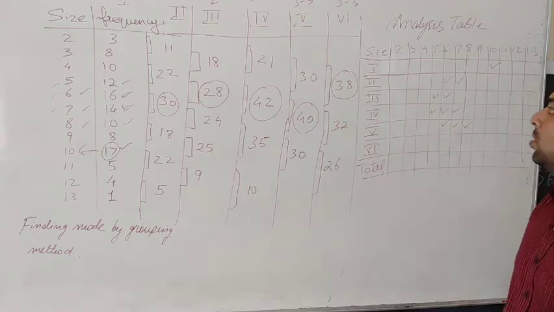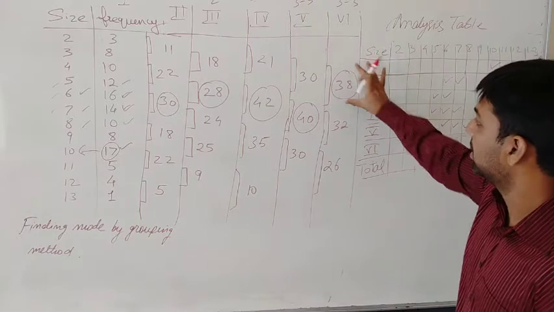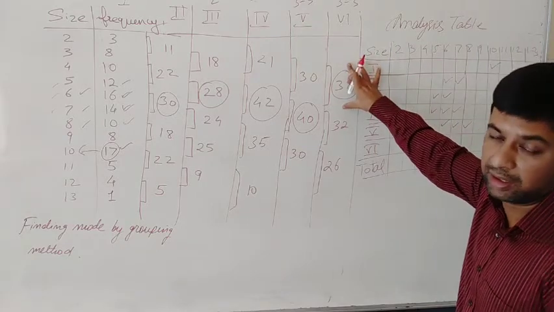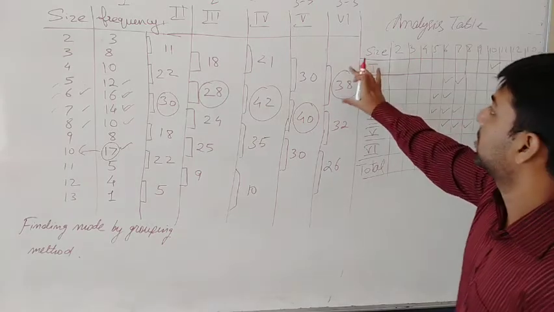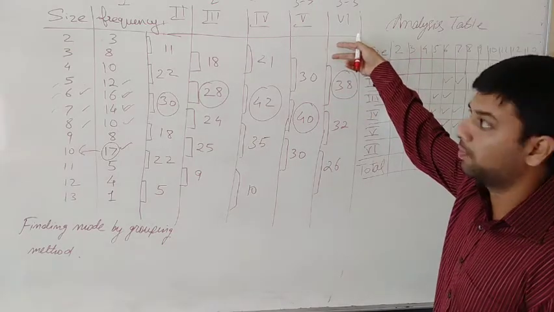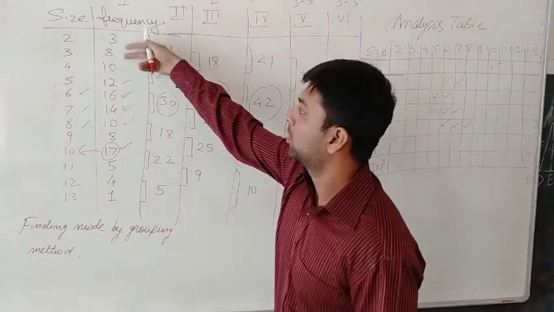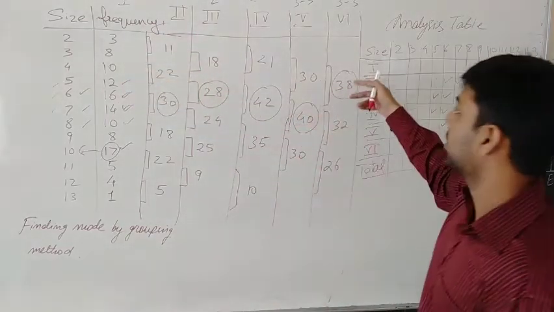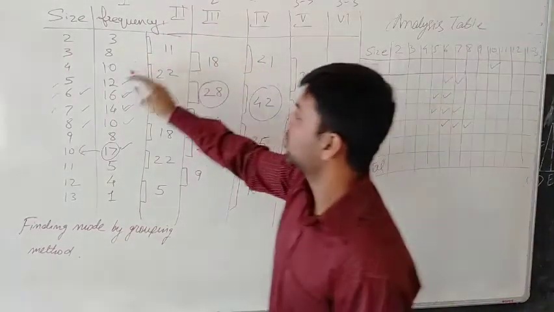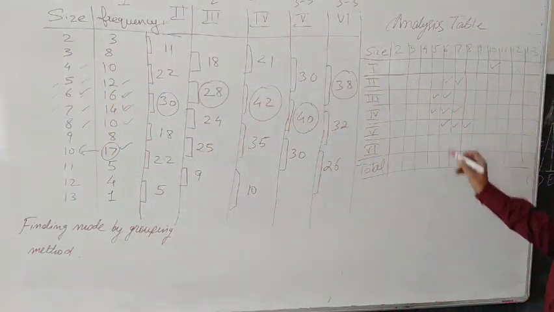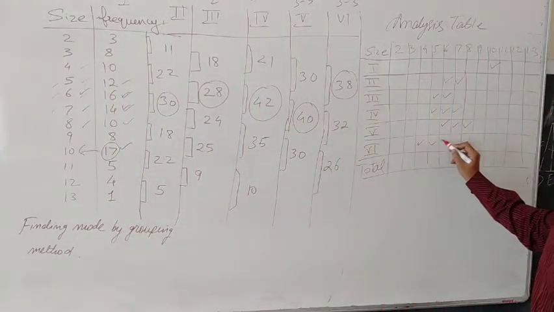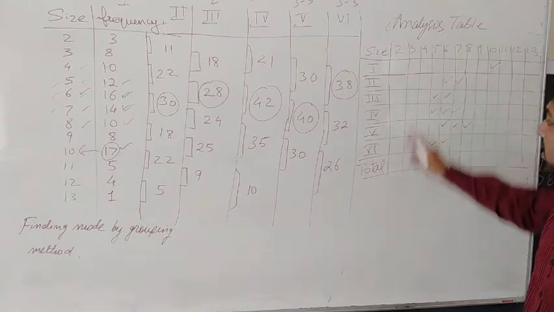Okay. Now what do you do? After this, here the 38 is highest. सबसे बड़ा है 38, highest है. तो 38 highest है, means इसके सामने किससे मिलके बना है? दो तो हमने छोड़ दिए थे फ्रीक्वेंसी, means 3 और 8 को छोड़ दिया था. 10, 12 और 16 से मिलके बना हुआ है. ठीक है. 10, 12 और 16 के फ्रंट में क्या लिखा है? 4, 5 and 6. So 4, 5 and 6 will be marking there. 4, 5, 6. सिंपल. अब यहाँ पर हम इसकी टोटल करेंगे.